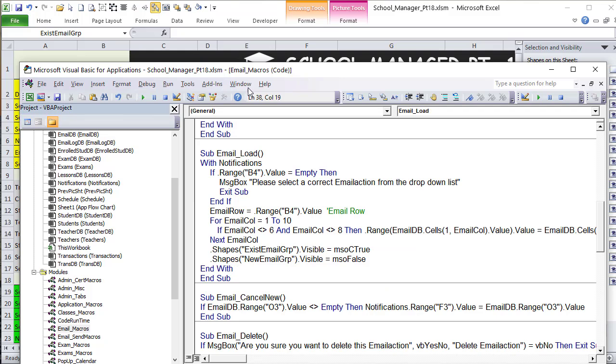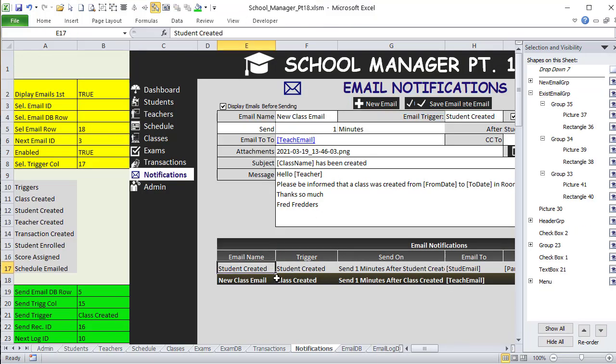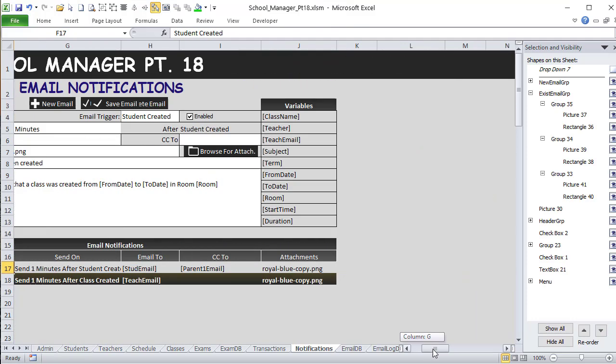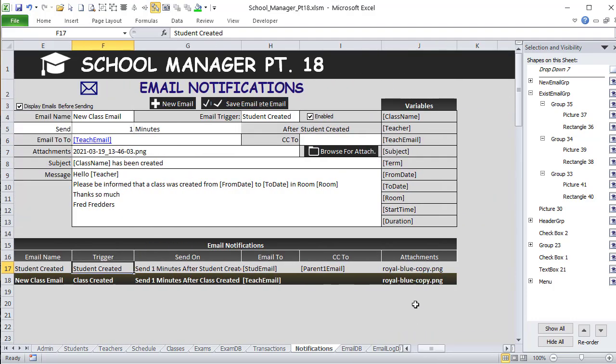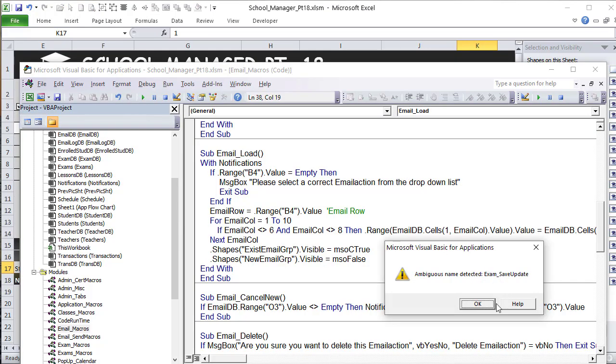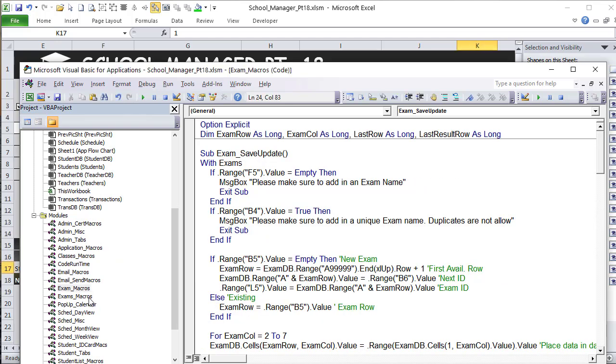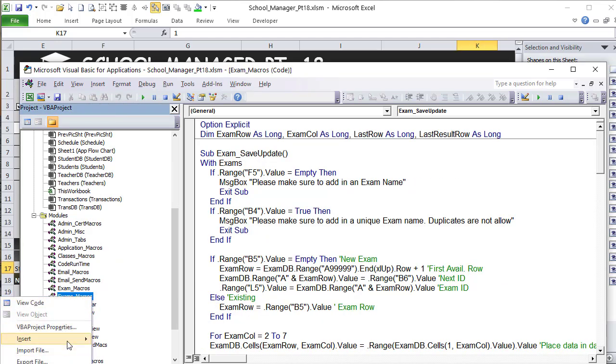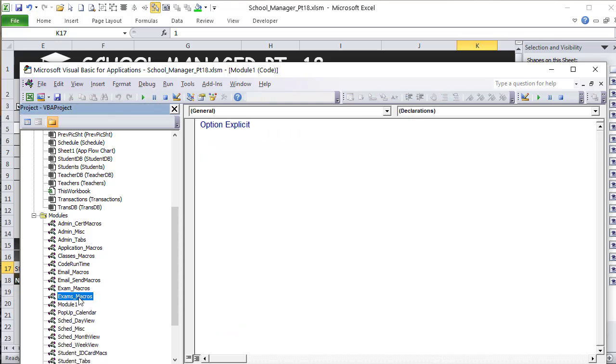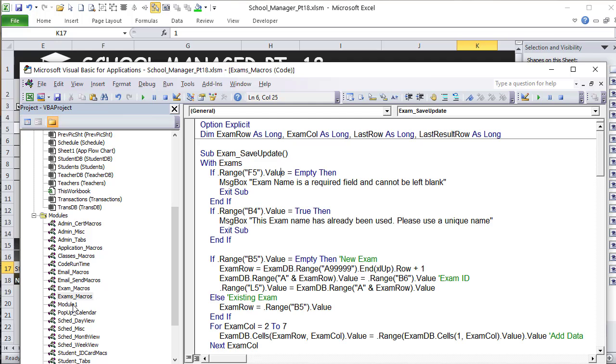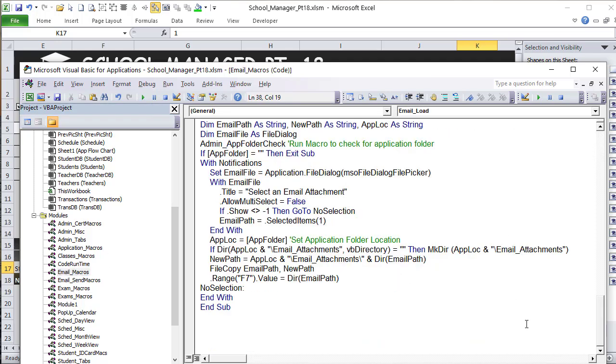With notifications, what I want to do is when I select a specific email, I want that information to show up here. Now, once we run the macro, we're going to be putting these specific exam save update. I just got a duplicate module here, so I'm going to remove that module. We don't need that because we're getting exam. We just have a single macro. That looks good. Okay, so back inside the email macros,